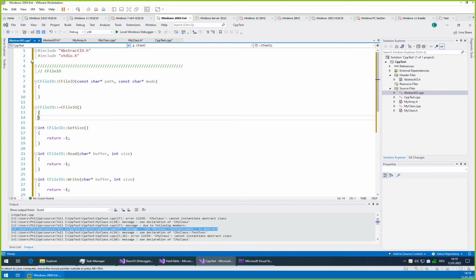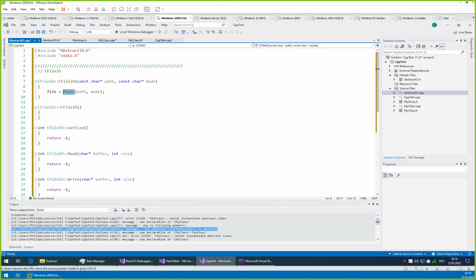Okie dokie. So here, file equals fopen with path and mode. Oops. If you press Control C on a line where nothing is marked, it will just copy the whole line. So this is not always what we want.